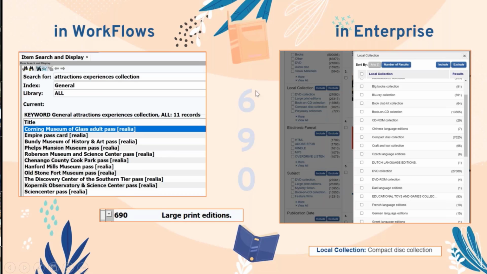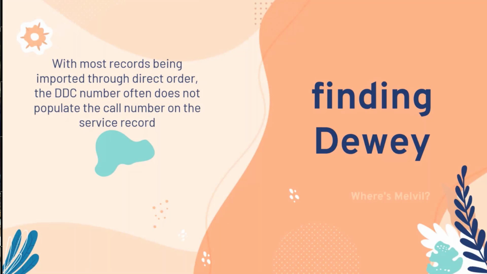And I wanted to bring that up too, because I think that the local collections are a little bit underused or undervalued in Enterprise for our patrons. And I think it's a really helpful search tool. And then lastly,